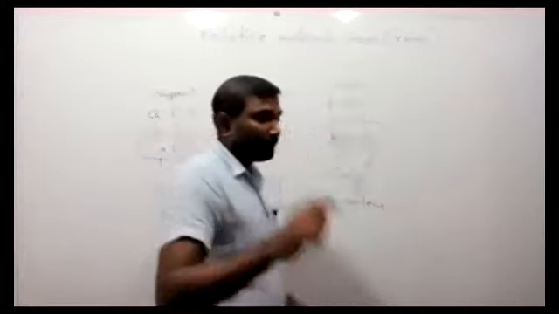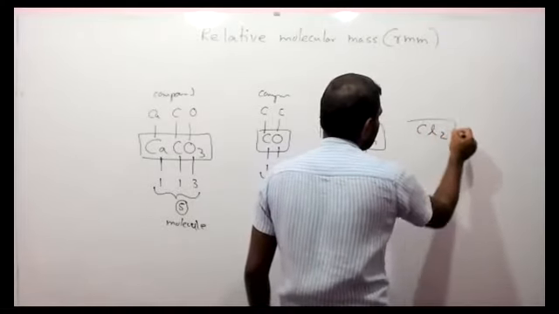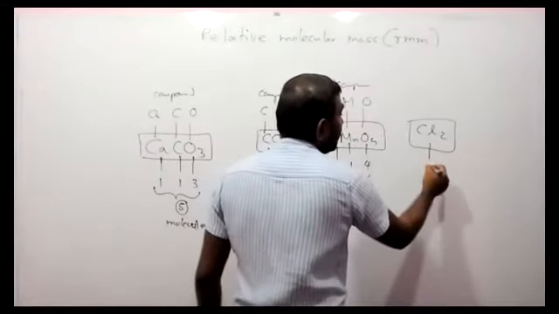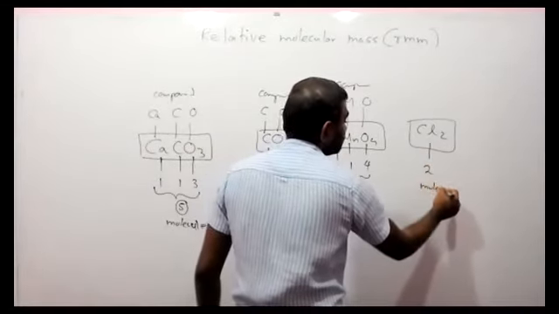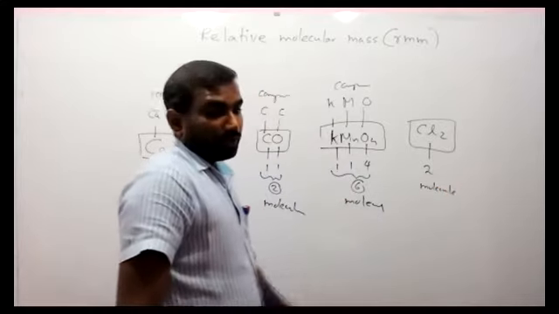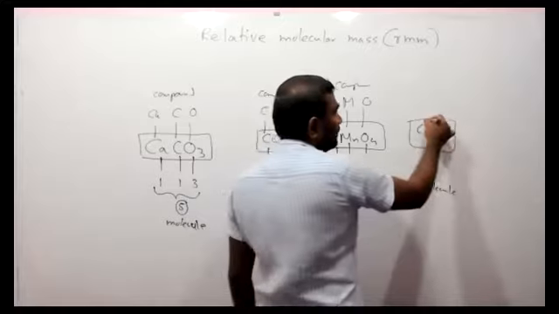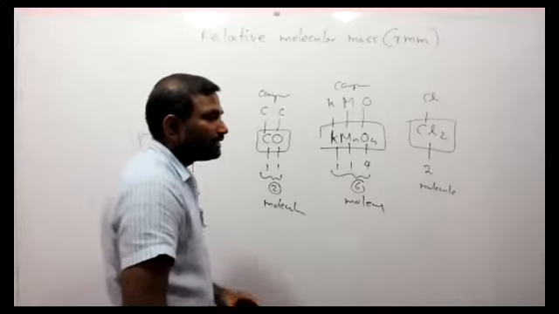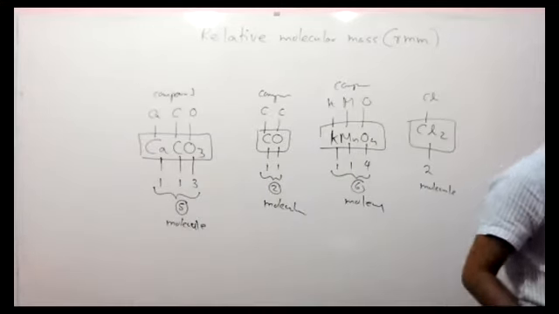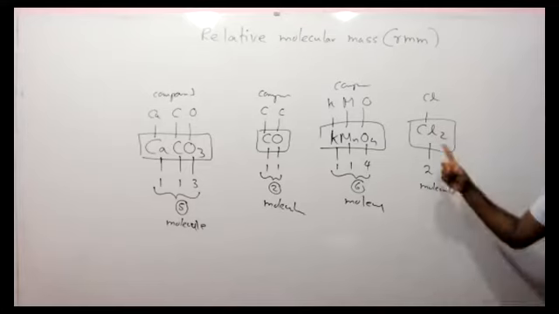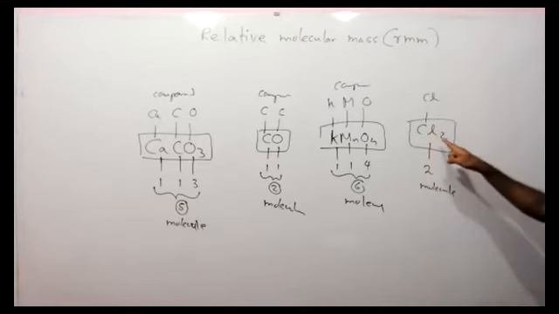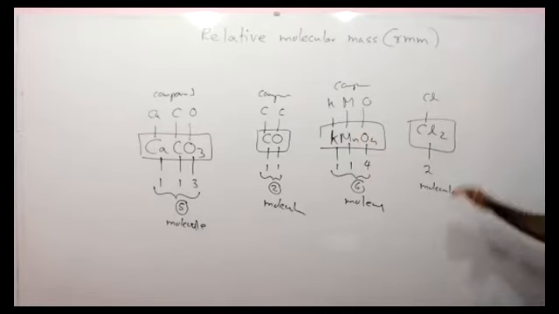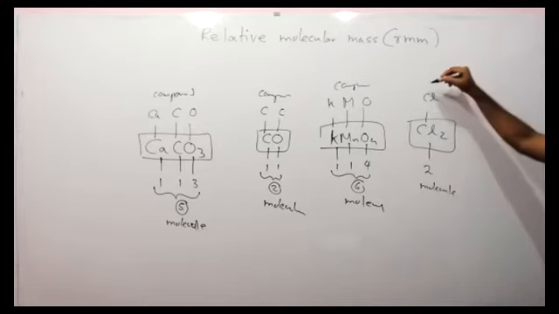Right, now look at the board. Look at the board carefully. Cl2. Here you have 2 chlorine atoms. Therefore molecule. Molecule, 2 chlorine atoms, but you have one element, chlorine. What is it you have, children? Chlorine. And this is a molecule, and you have one element, chlorine. So can you call this a compound? No, a compound has 2 or more elements. So one element. So this is an element.